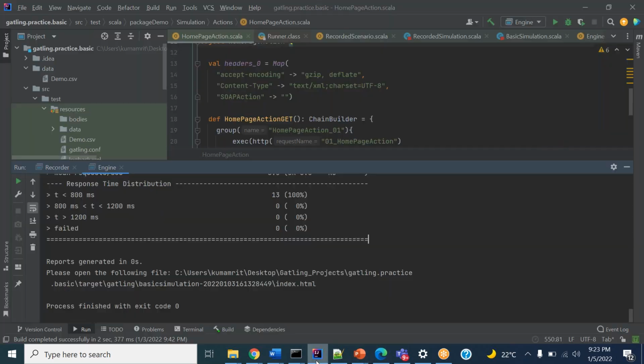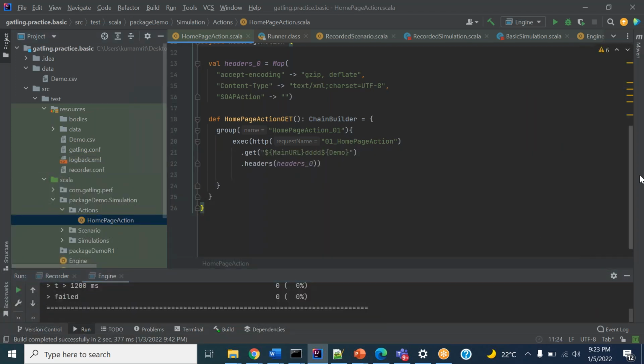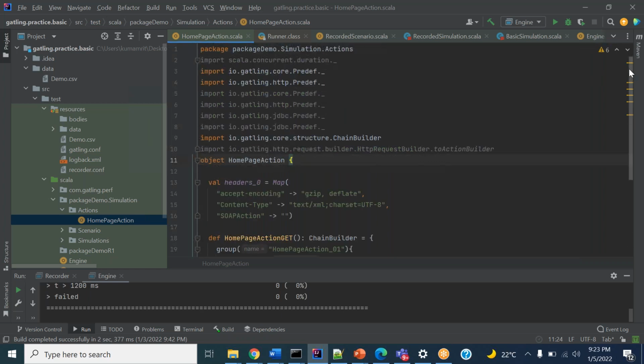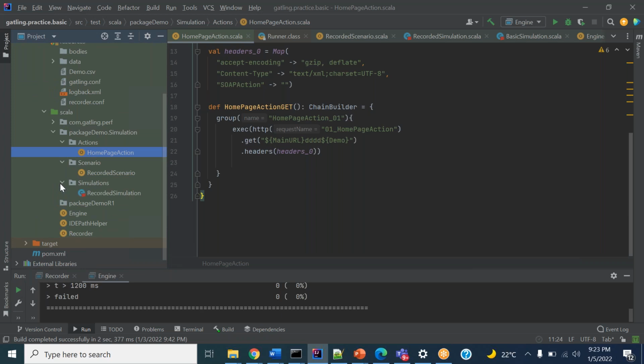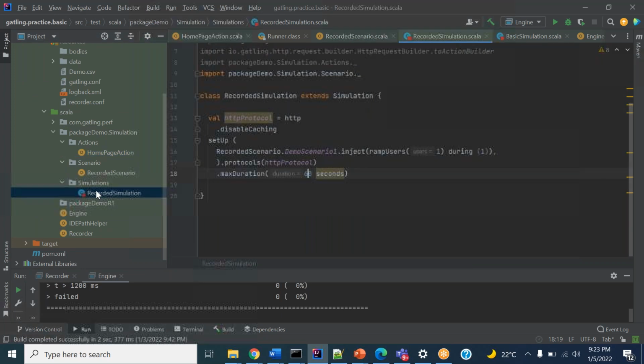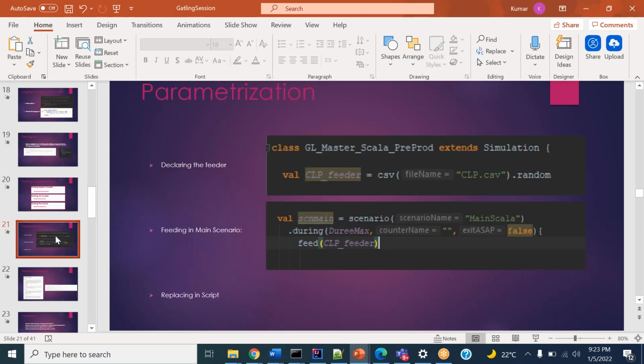If you can see in one of the scripts, because you have asked me, see, I have disabled the cachings. So we'll do these things manually. Of course. Moving ahead.